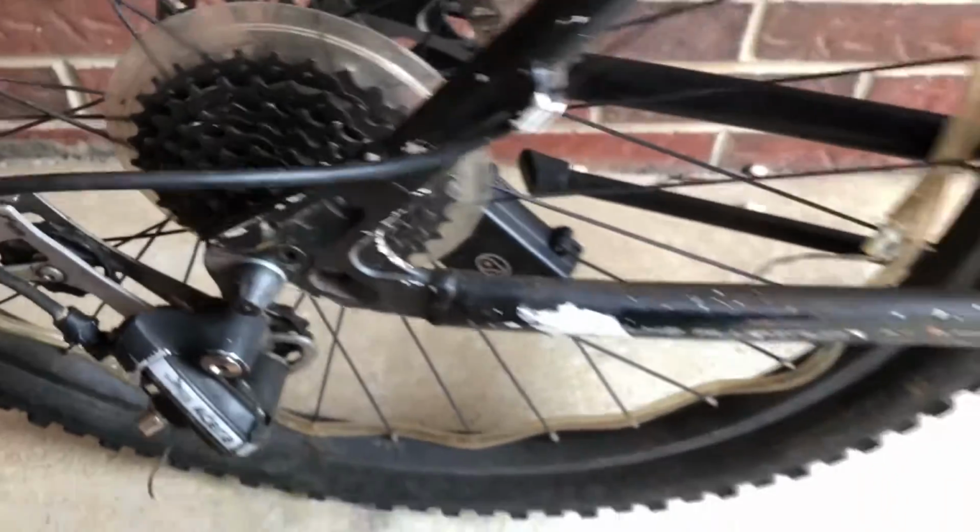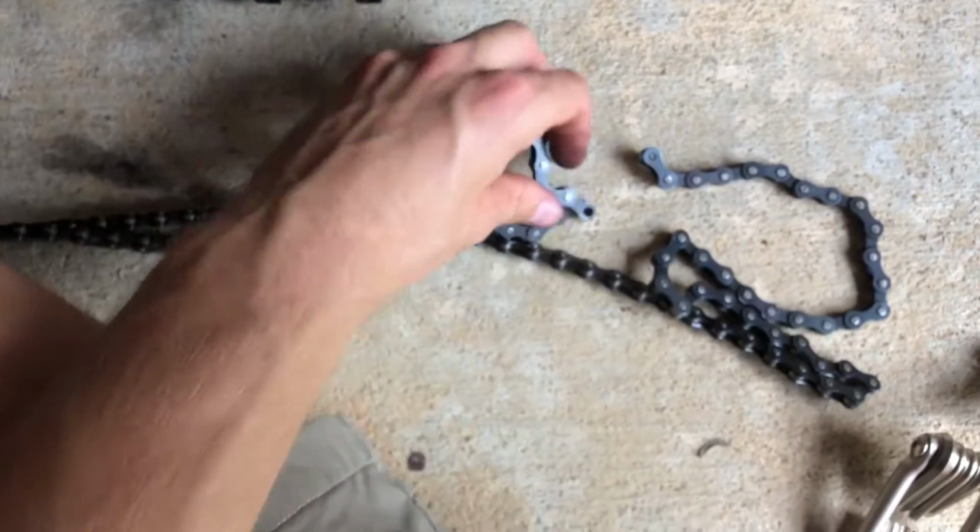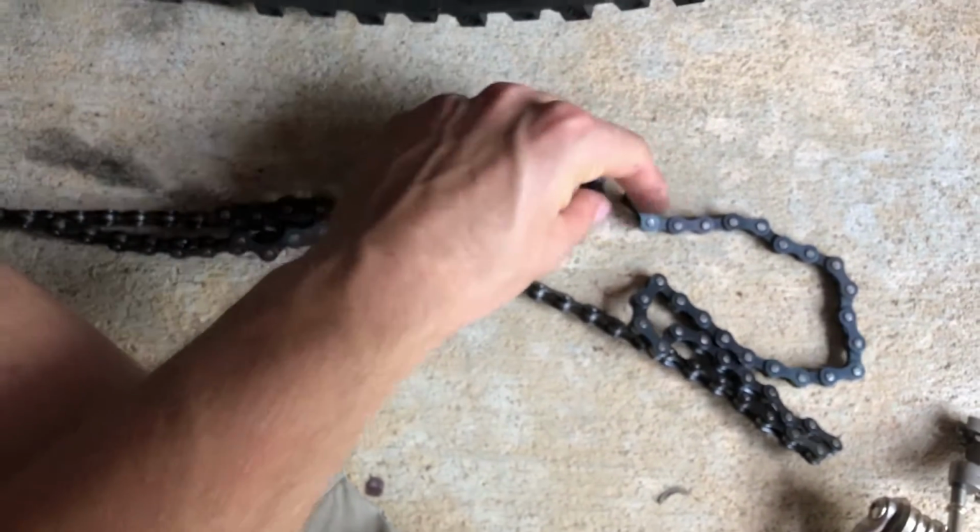Hey, I'm going to do a little repair to my bike here. So I'm going to teach y'all how to put on a chain. If yours is broken, you can buy a master link, which is just a part between these two if your